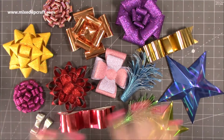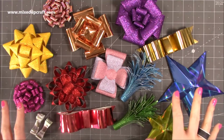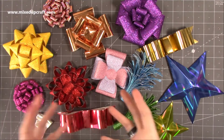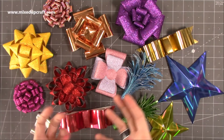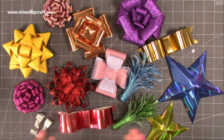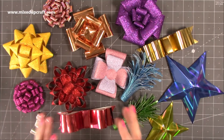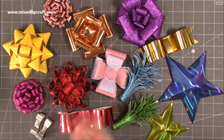I'm going to be showing you how to make all these different toppers for your gifts, or maybe just other 3D projects that you might be making, and even smaller versions that you could put onto your cards. These are really easy to make. I've only used dies for a couple, which is at the end of the video. All of the other ones are made just using your scissors and a few tools just like glue and